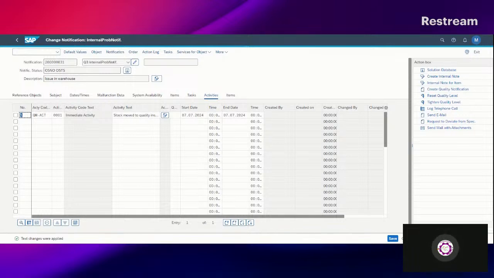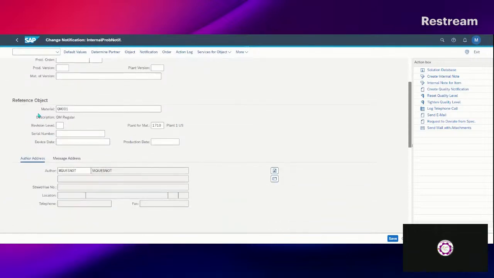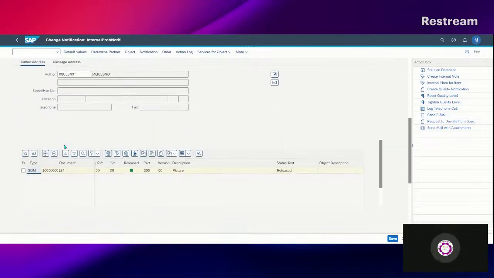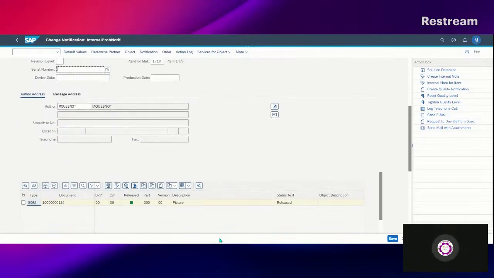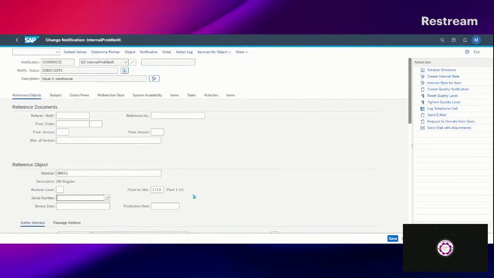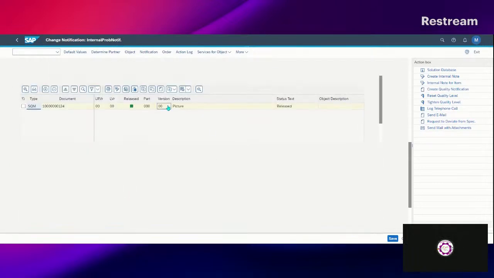Optionally, the inspection lot number can also be maintained on the header level of the notification. Tab reference object, section reference document. Reference object. You can also have, as you can see, the serial number. Okay, reference object, section reference document. Here I can add, for example,